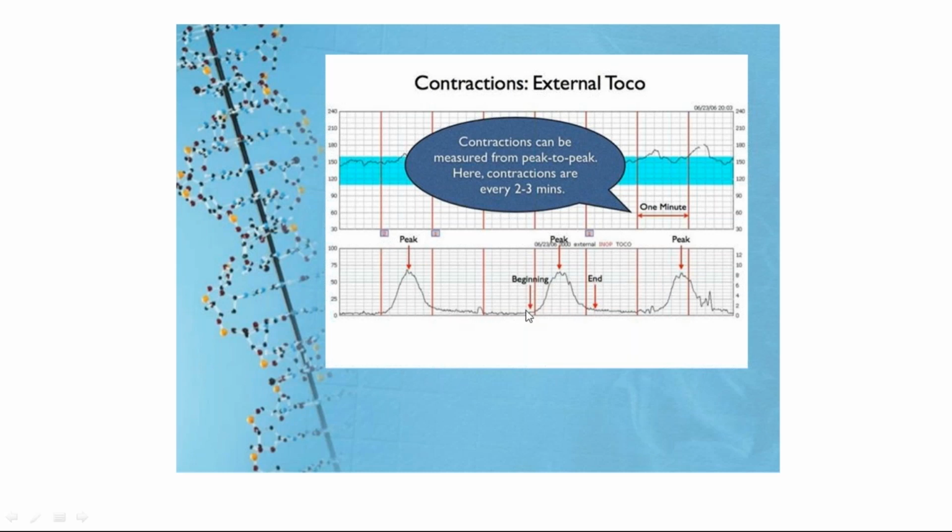So there is good relaxation between. So between each contraction there should be a good relaxation. So this is the time where the blood supply is going to the uterus. Whereas during the contraction there is shut off of the blood supply for the baby, right? And the pressure is usually around 75 to 80 millimeters of mercury. This is the peak of the contraction, and this is the resting tone. It should come back to the resting tone. That is important.